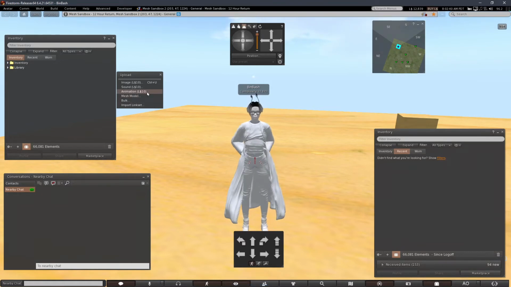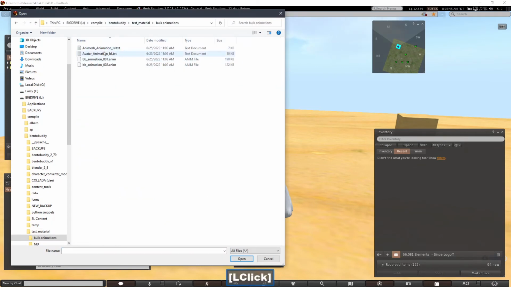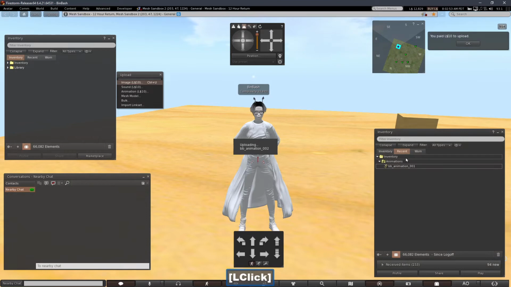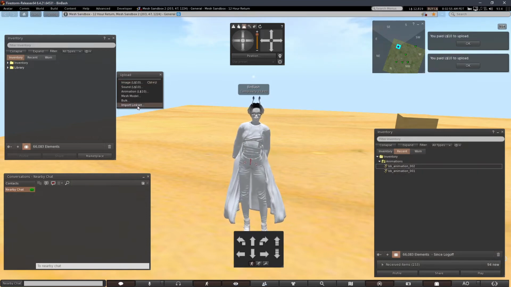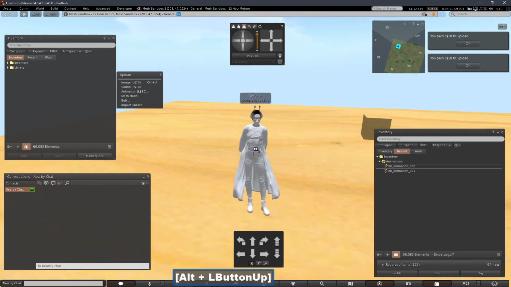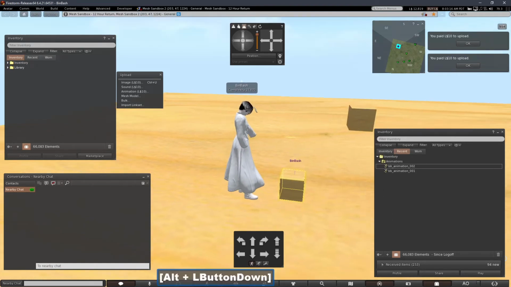First I'll upload my animations, and I can do this with bulk. So I can choose both of my animations and upload those. Say yes. So I have these, and then I want to create my script. I want to upload my script, but I'm going to show you a trick so that I don't have to go through copy and paste using the File Explorer or the Finder, whatever you're using. So first thing I want to do is